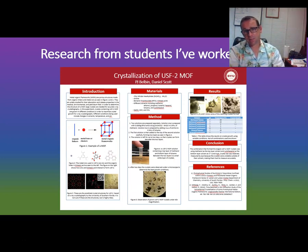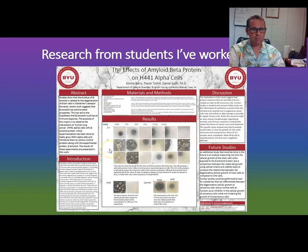The other area of work that I'm really interested in getting started in is what we call MOFs, metal organic frameworks. Metal organic frameworks have this...